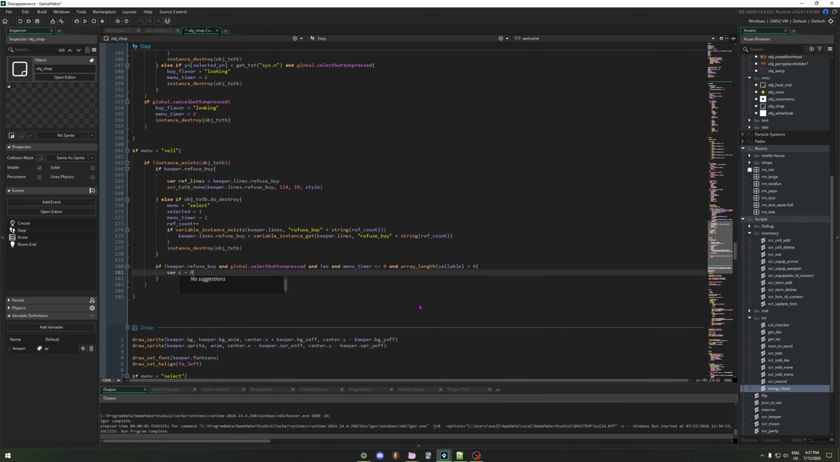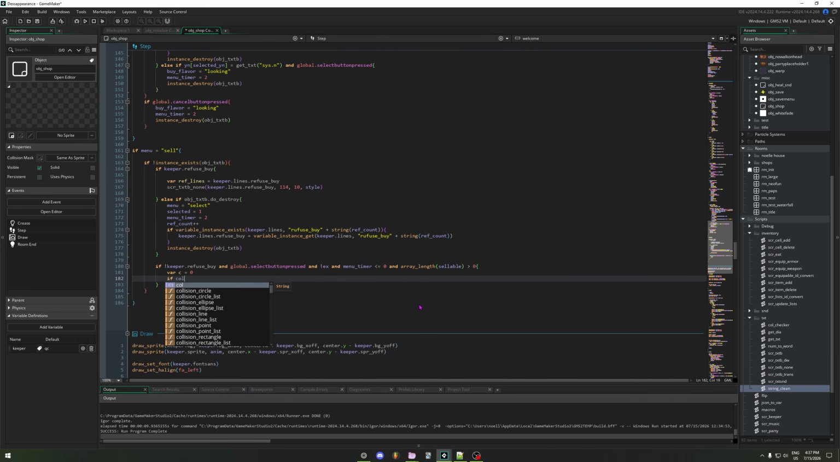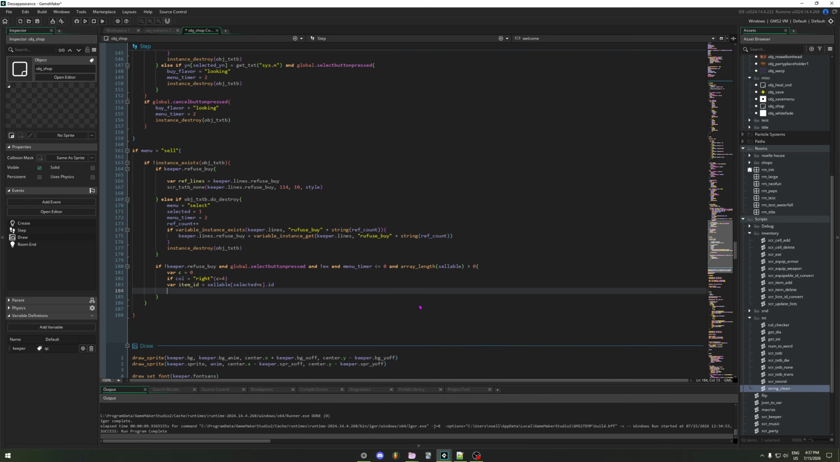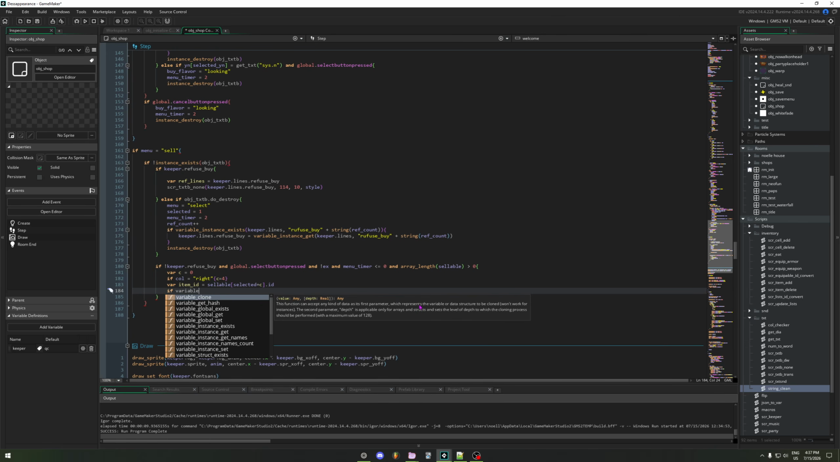You can see we really didn't need to copy all of it, but anyway, we're going to say var c equals 0. If column equals right, then we want to say c equals 4. And down here, var item underscore id equals sellable selected plus c dot id at the very end there. And then we want to say if variable instance exists,